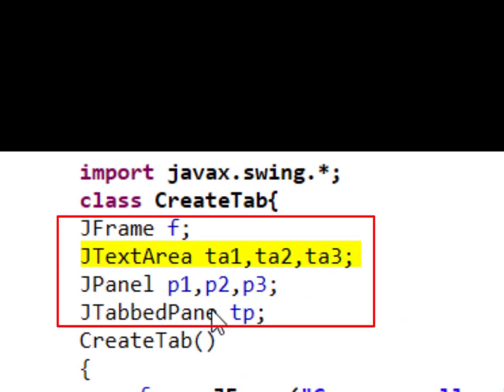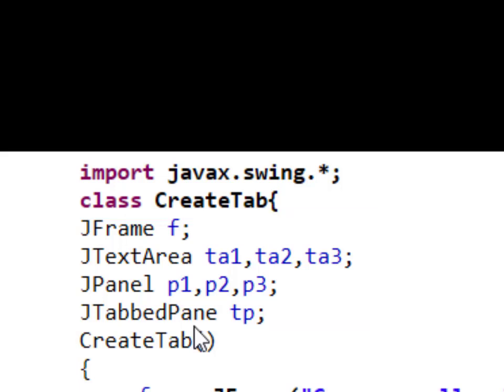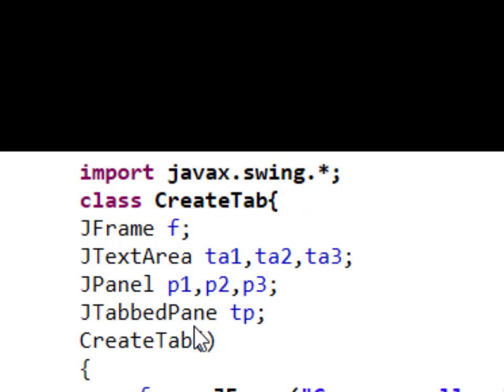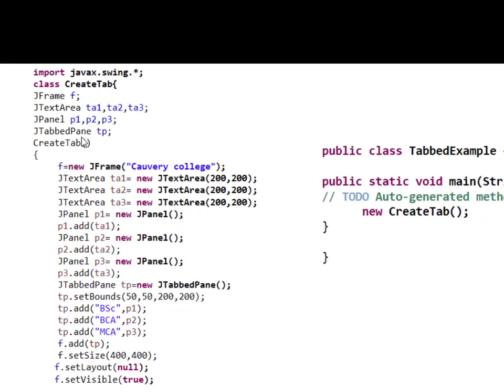Now you are creating three variables, TA1, TA2 and TA3 of the JTextArea class, and three more variables P1, P2 and P3 of the JPanel class, and a variable called TB of the JTabbedPane class. So I told you that in order to create a JTabbedPane, you need to have a frame, a panel, a text area, and a variable of the JTabbedPane class as well.